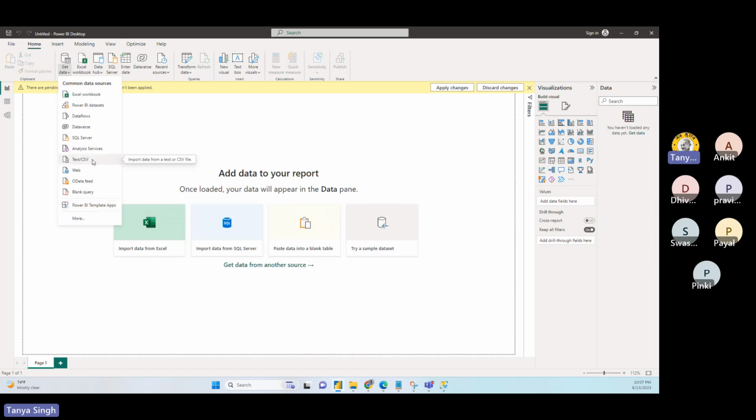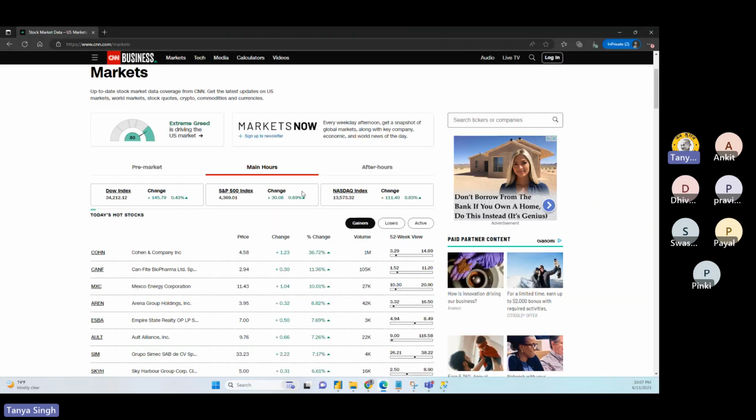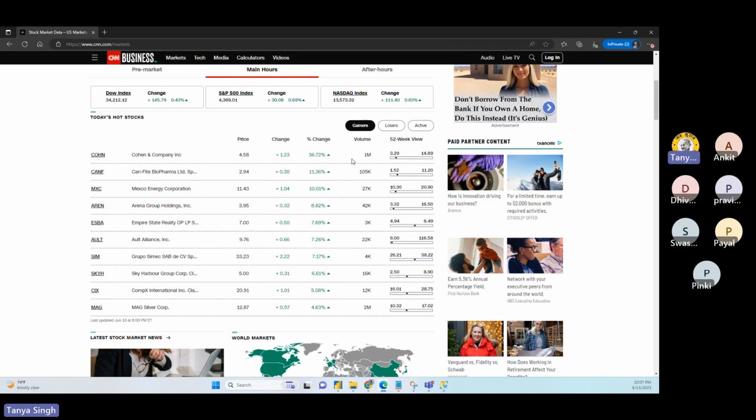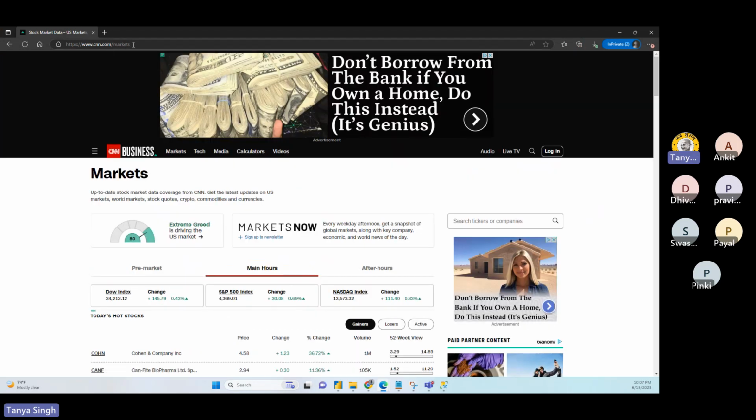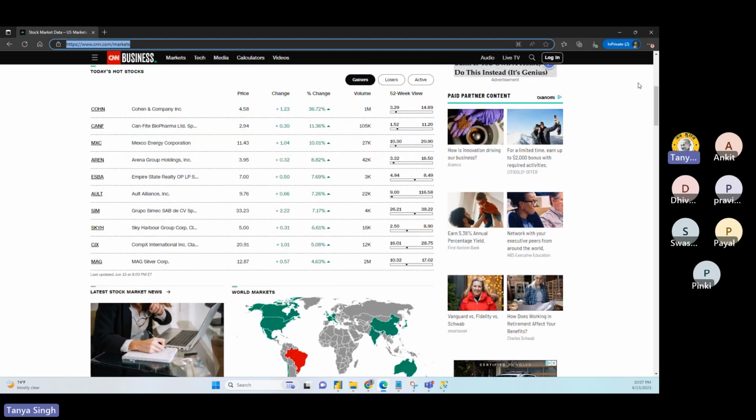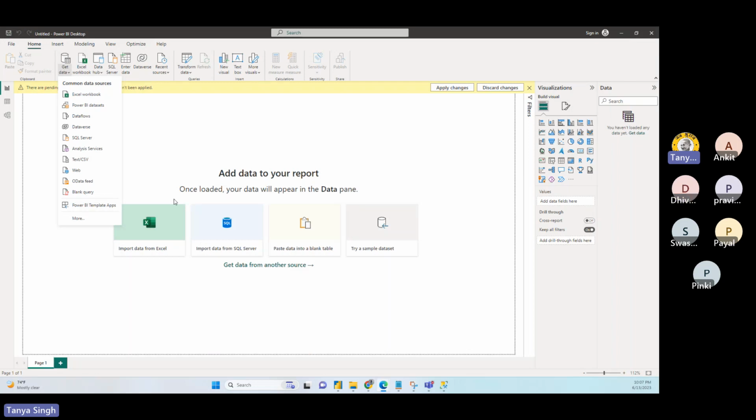What does that mean? Last time I connected with the CSV file and text file. This time I'm going to connect a web file. Web file means a website where you can see the data I want to capture. Nowadays tools are so capable, and Divya, I think you work on scraping, where you need to scrape visually, or if you just need to capture the data, you can do that.